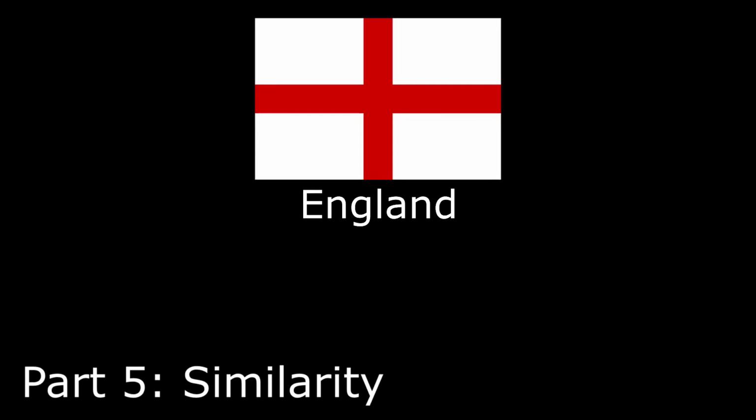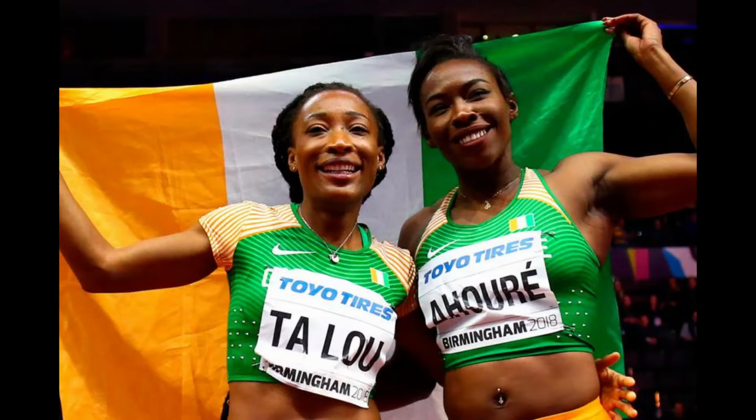Now let's talk about another thing with flags. There are flags that look like other flags. An example of this is the flags of the Ivory Coast and Ireland. Look at how similar they are. It can help in some situations. For example, in 2018, after Ivorian sprinter Marie-Josée Ta Lou won the 100-meter dash, there was not an Ivorian flag, so an Irish spectator gave her a flag and she reversed it. However, the